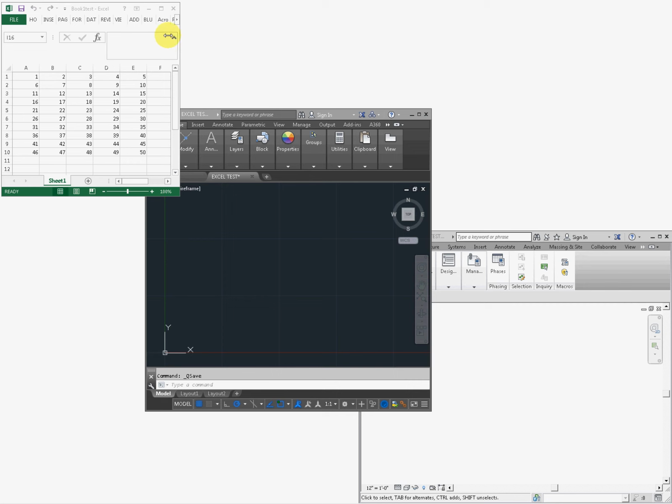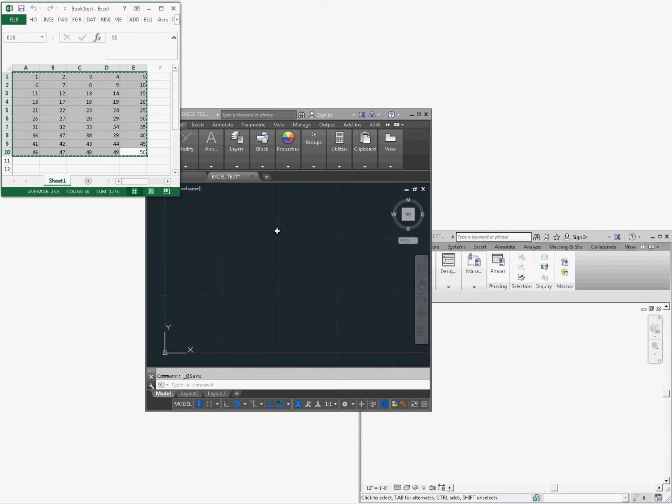there's a solution. So we got Excel here, and I just created a couple cells with some data. You can see here. So we're going to get this data into AutoCAD with a live link, and then when we're all done, we're going to show you how to bring it into Revit as well. So in order to get this data into here, one of the things that you can do right out of the gates